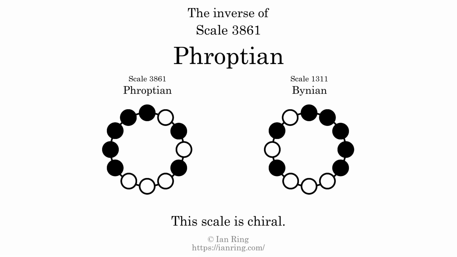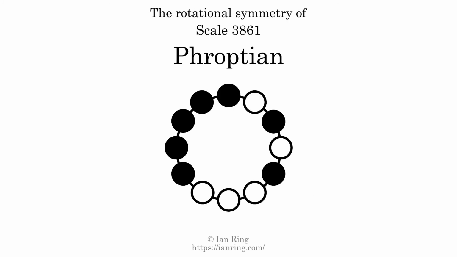The inverse of a scale is a mirror image. It is what you get when the sequence of intervals is reversed. The inverse of this scale is scale 1311, also known as Bienian. This scale is chiral. It cannot transform into its inverse by rotational transformation. This scale has no rotational symmetry. For even more detail about this scale, visit